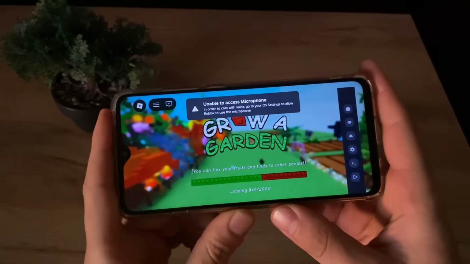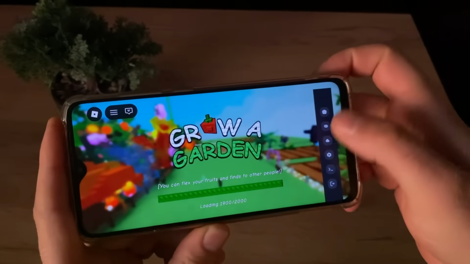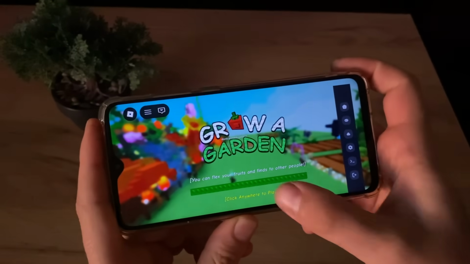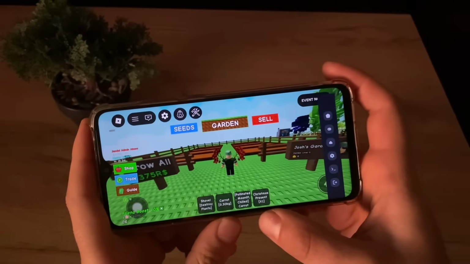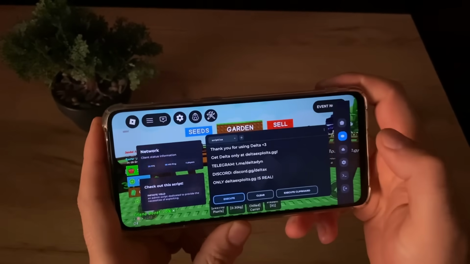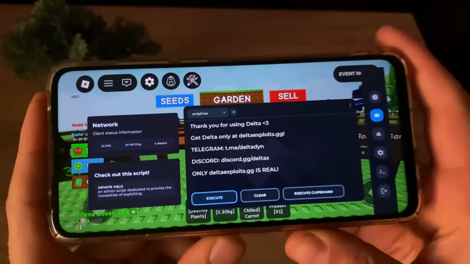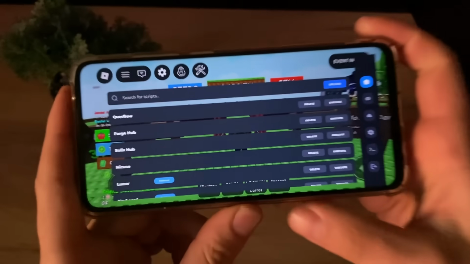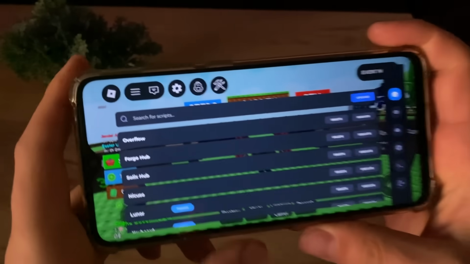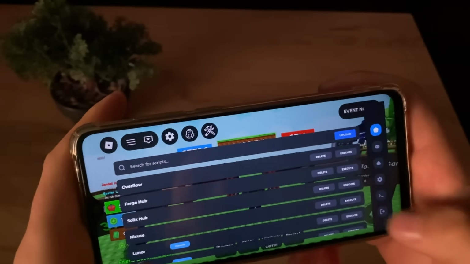Okay guys, I'm in the game now, and as you can see we have these panels. So we have this message: thank you for using Delta, guys. Look at this, all scripts are edited successfully. Just click execute and enjoy your